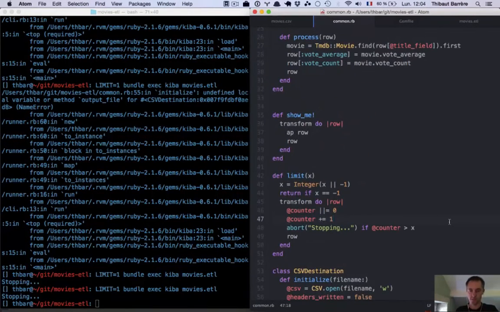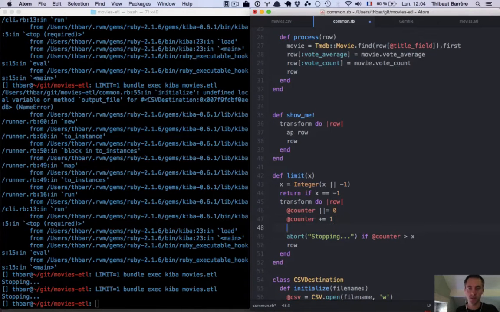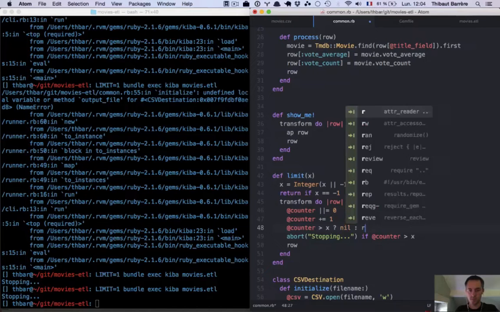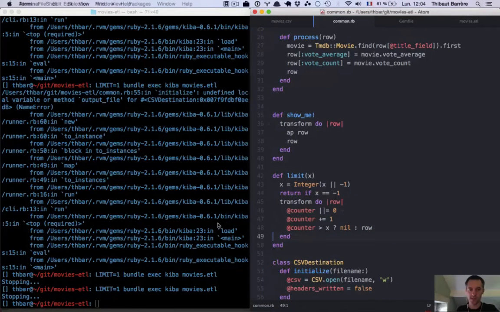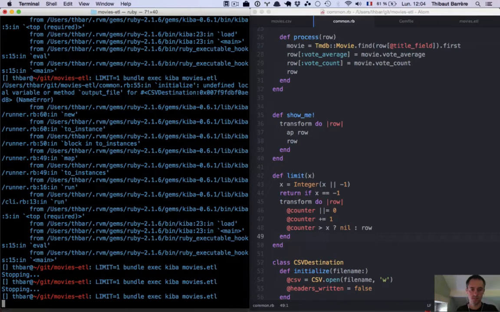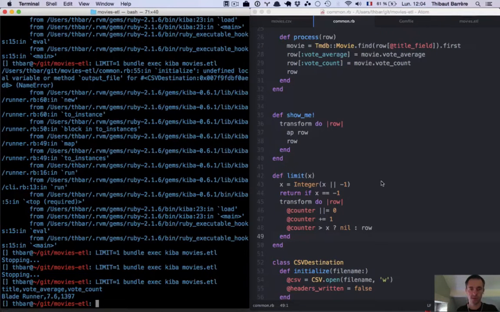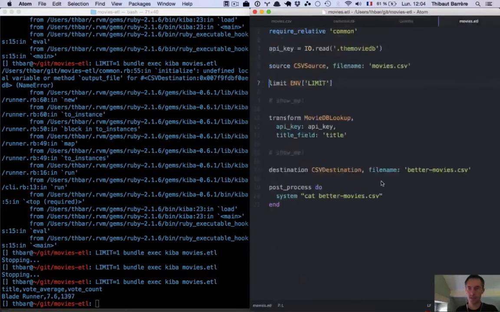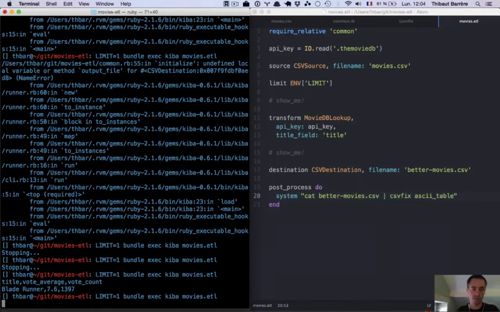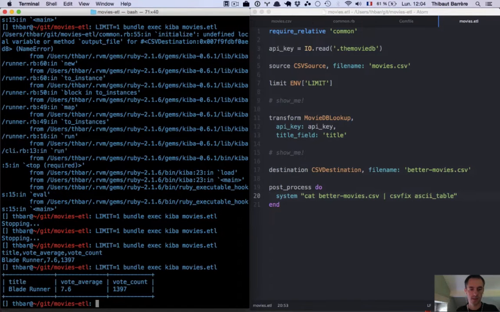So maybe we can just modify the limit so it will not stop the program but return an empty row instead, like that. Say that again. This time our post process is run. It's not super clear, so we can improve it a bit using a tool like Csv Fix, which will pretty print our CSV file, which is a bit easier on the eye again. If we do that without a limit at all,